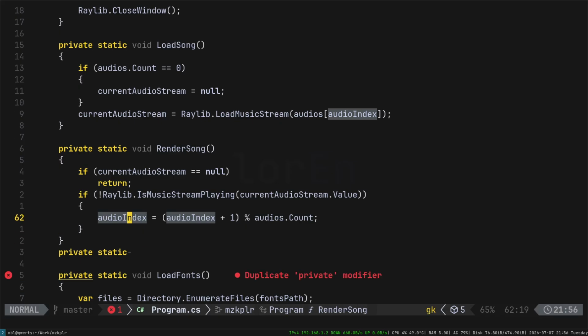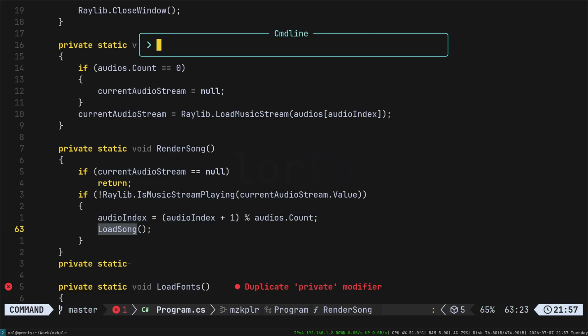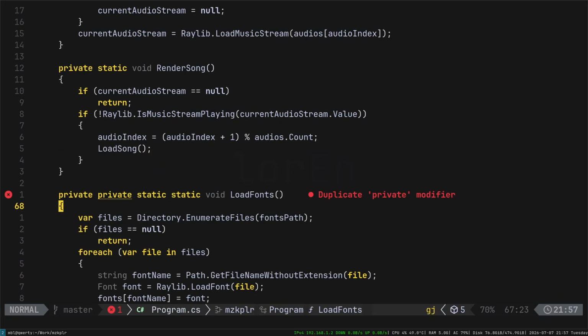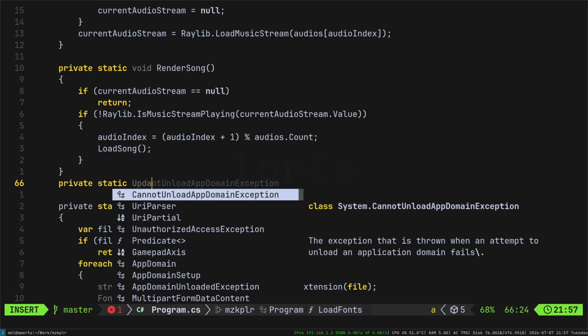But we do have to call the load index, load song, because we are just incrementing it. We should load the stream. Okay, static update